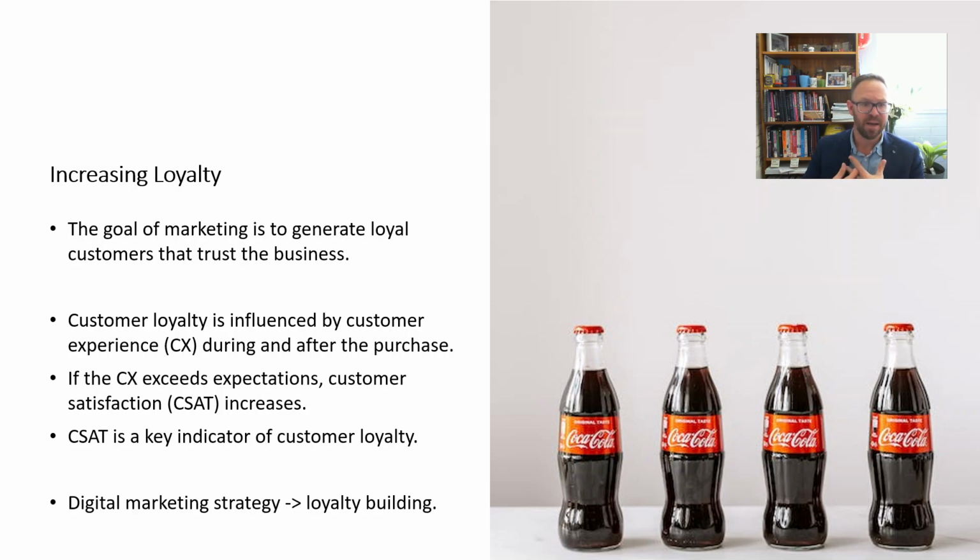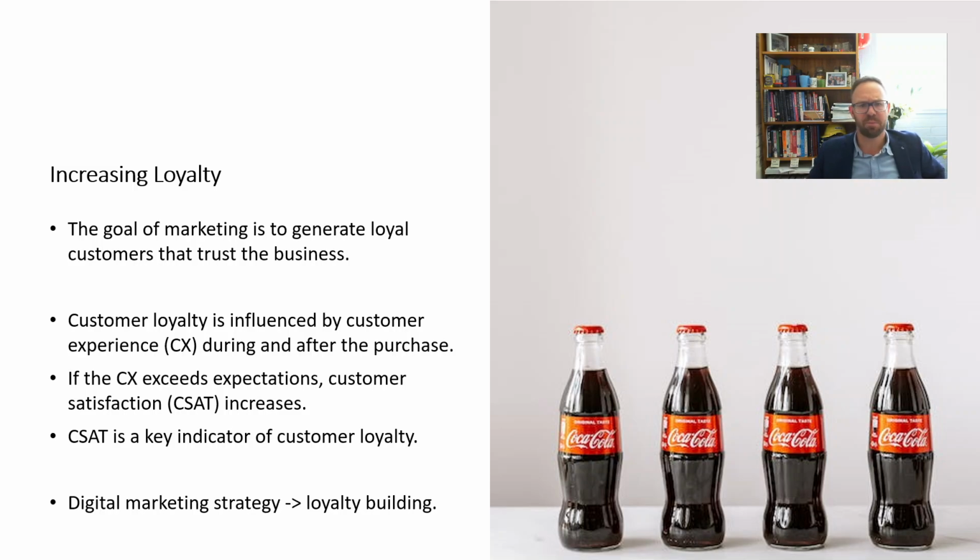And trust is a very powerful thing. It's what somebody expects you to do based on your previous performance or your previous behavior, either things that you said or things that you've done. Now, customer loyalty is influenced by customer experience, whether they have a good experience or a bad experience, during the purchase. We'll stick with the car bit for a minute. If you're buying a car, the actual process you go through is really important, because if they don't treat you right and are difficult to deal with, you're just going to say, you know what, we'll do this another time, or instead of getting a Toyota, I'll go get a Holden or whatever, right?